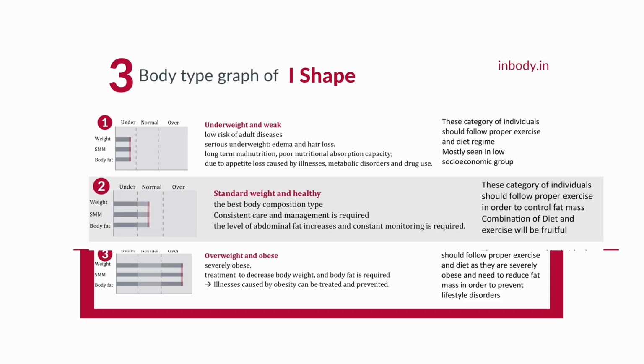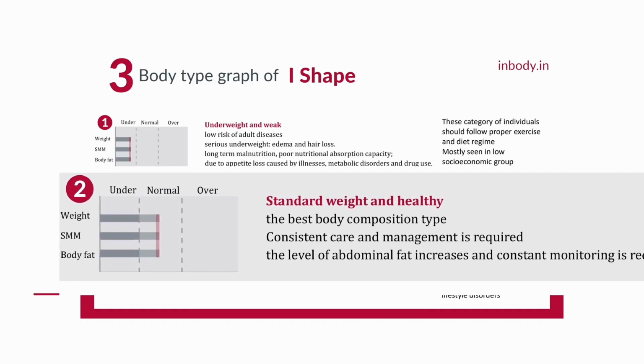So in this case, the first protocol is proper nutrition and then a little bit of exercise. The second type of I-shaped graph, which we can actually call an ideal graph, is when everything is forming in the normal category. The weight, muscle mass and body fat, everything is normal. So when somebody has a graph like this, they have an InBody score of 80, which is the ideal body